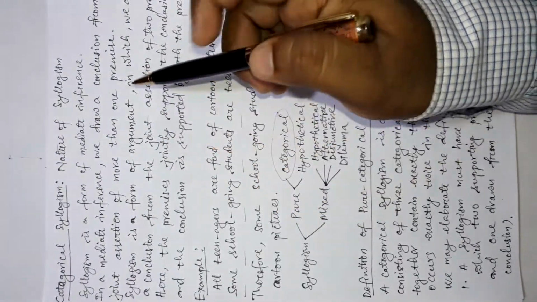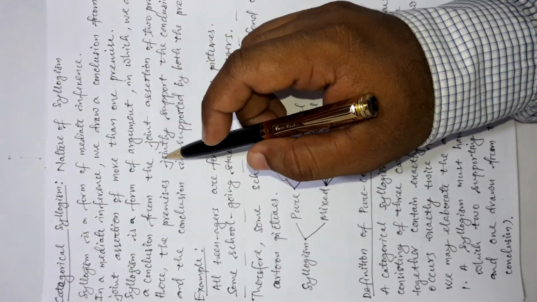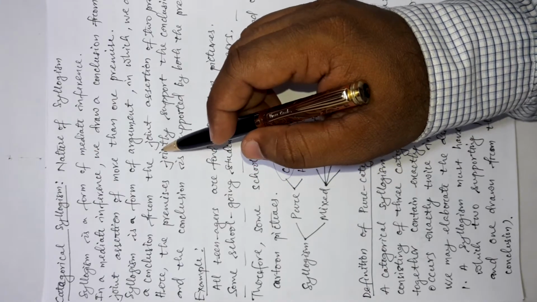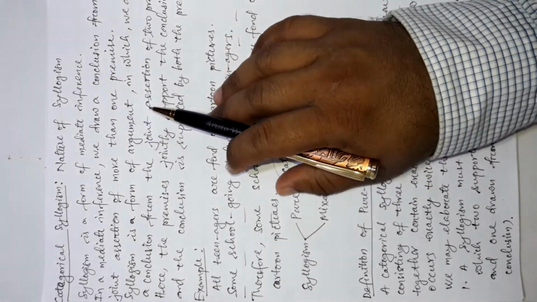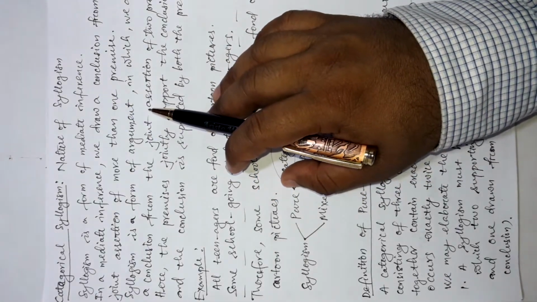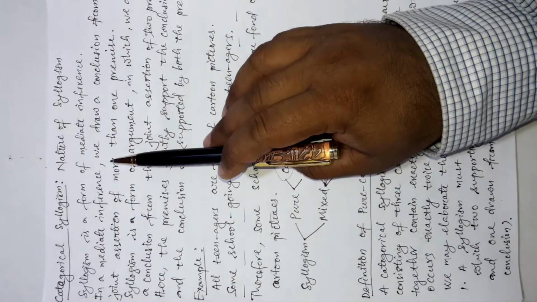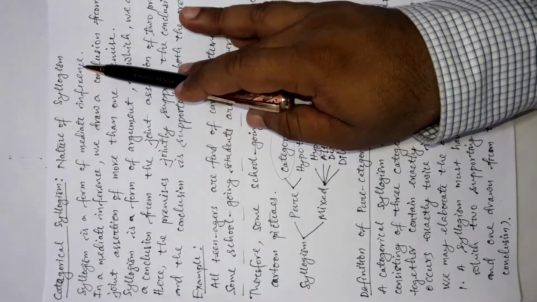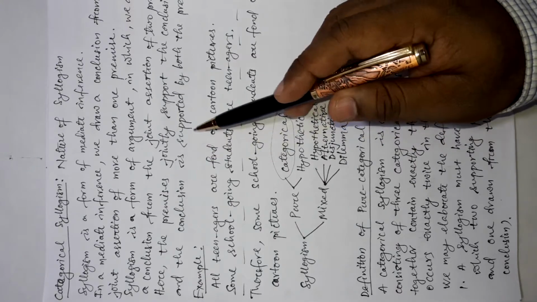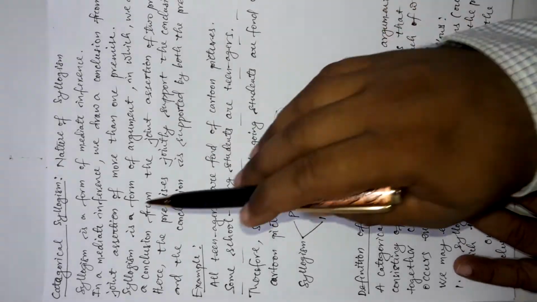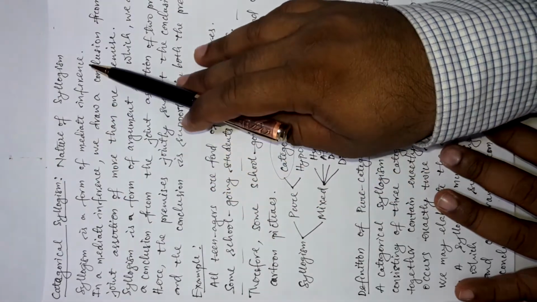If it is such an argument or inference where there is only one proposition in the premise and, as always, one conclusion, that means the conclusion is drawn from only one single proposition of the premise, then it is called immediate inference. But here our topic is not immediate inference, which we have already discussed in the previous videos. Here our aim is to discuss mediate inference.